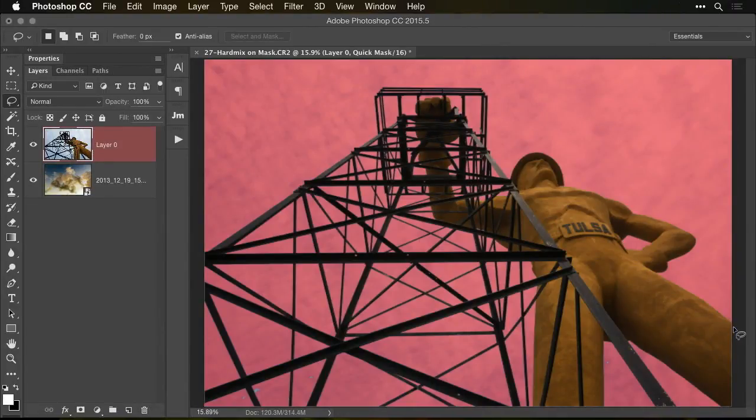Q all by itself. Now I can see if there are any areas that it missed, because the areas covered with red in this particular case are the areas that were selected. And I see just a few spots down at the bottom, and I can easily fix them right now. What I can do is just grab my paintbrush tool, paint with black, and just paint over those areas. Just tiny spots,